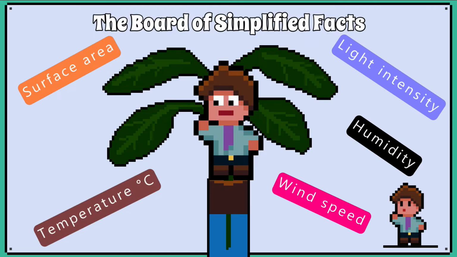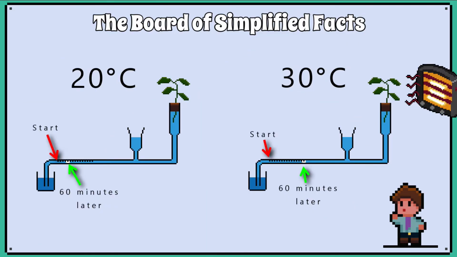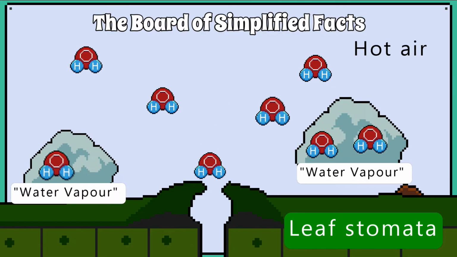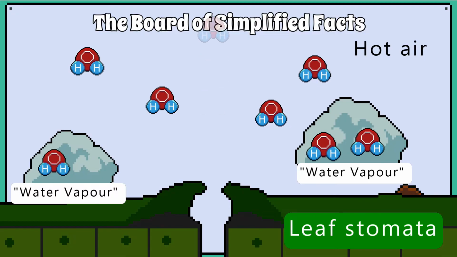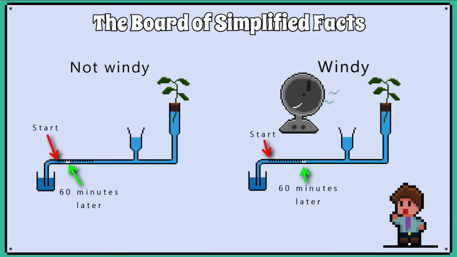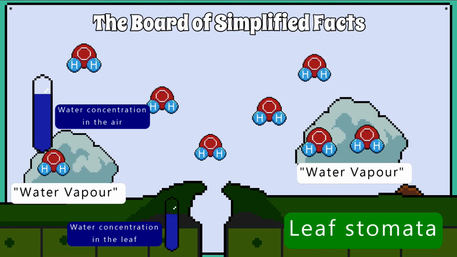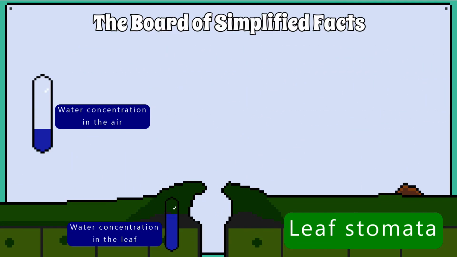These are the following conditions that affect the rate of transpiration. Higher temperatures increase the rate of transpiration because evaporation of water via the stomata is faster at higher temperatures, and the water diffuses more quickly out of the stomata and into the air. Higher wind speeds increase the rate of transpiration because the moving air removes water vapor near the stomata, which lowers the water concentration surrounding the stomata, so increases the concentration gradient. This causes more water to evaporate or diffuse into the local environment surrounding the stomata,